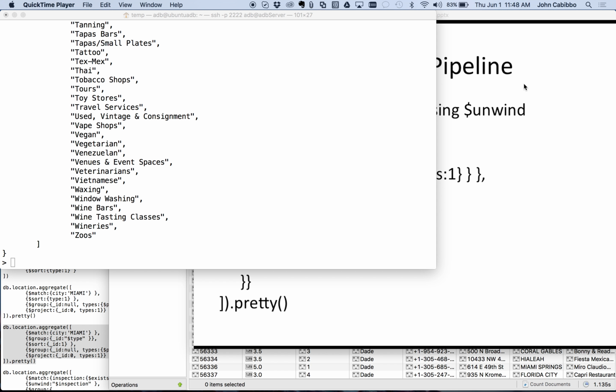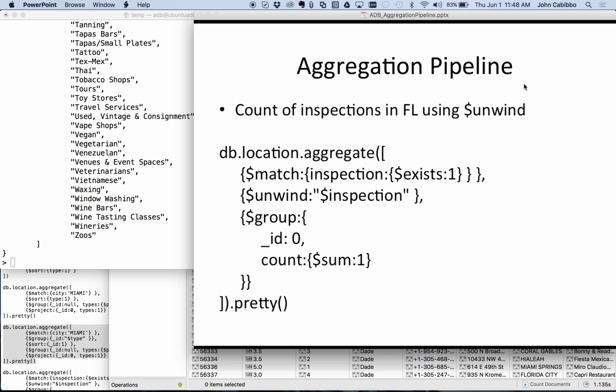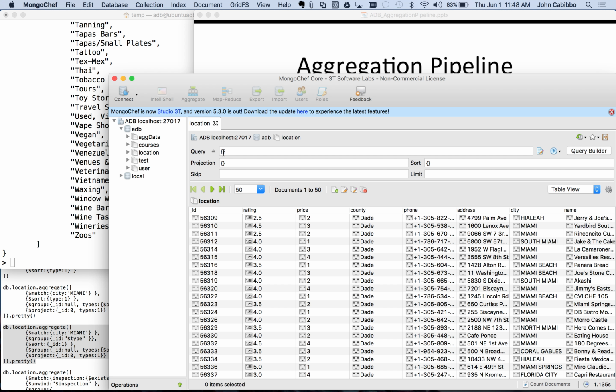Okay, the next topic we're going to cover in the aggregation pipeline is going to be the unwind command. And let's look at some records where this would be valid. For this one, we wanted to get the count of inspections in Florida. Well, if we wanted to see if inspections exist, I'm going to switch over to the JSON